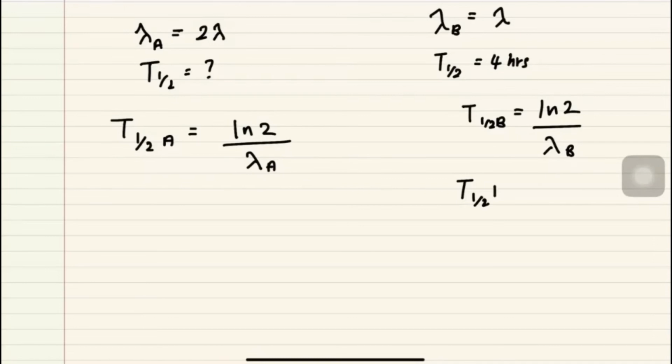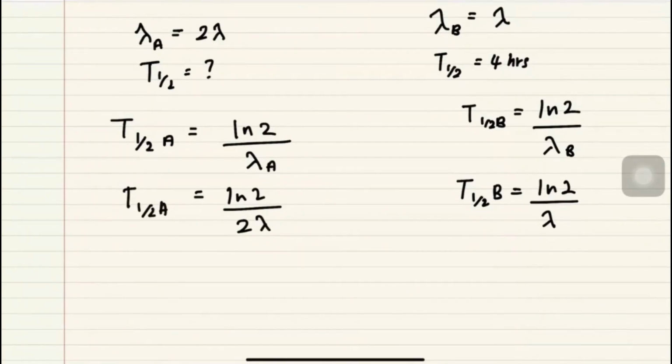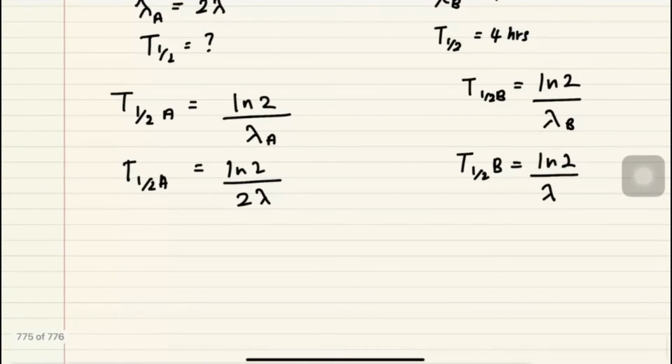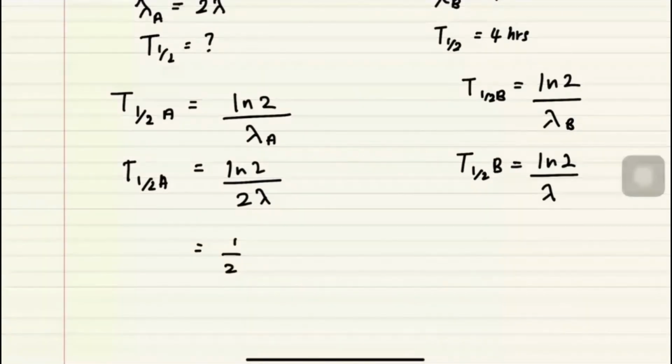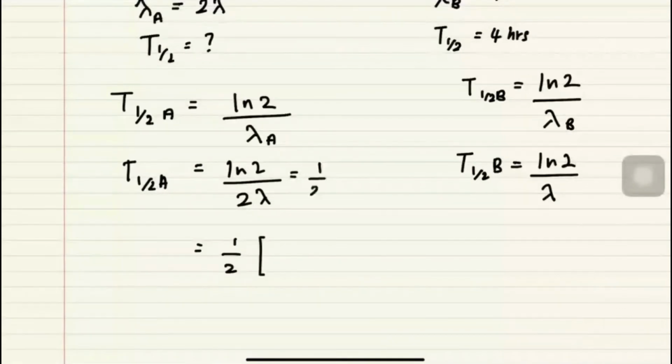Kalau untuk B, dia T half B sama dengan ln 2 over lambda. Lambda B dia sama lambda kan? Dan ni yang ln 2 over 2 lambda. Okay. I can factorize the ln 2 over lambda tu. Kalau saya nak tukar calculator kan, saya factorize. Jadi, saya tulis kat sini 1 over 2